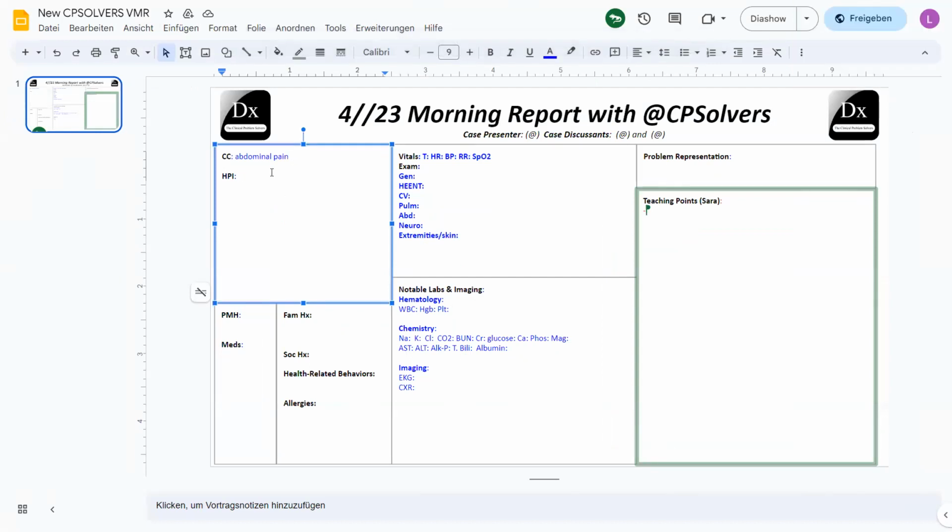Okay. So this was an 18-year-old female who presented with sudden, severe, non-localized abdominal pain that started 3 hours ago during a family gathering. It's a cramping pain, it's intermittent, coming every 10 minutes or so, no radiation. Associated symptoms include vomiting as well as bloody diarrhea, and there are no relieving factors.